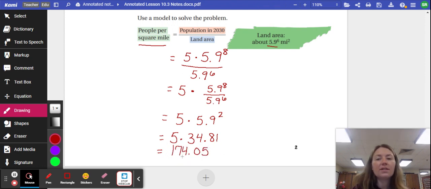So now we have our answer. The people per square mile is approximately